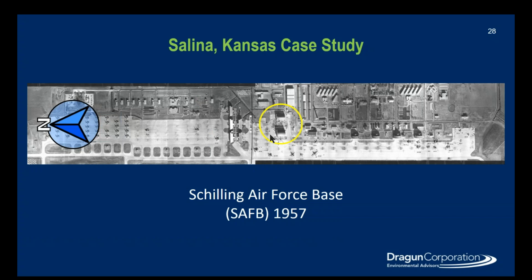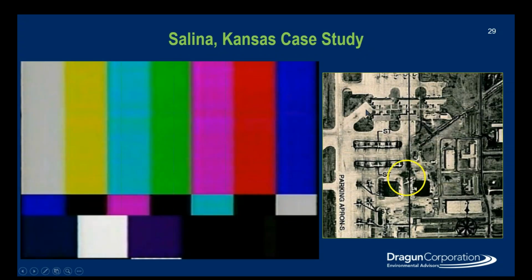And I'm going to focus on this location here. This was an area where the planes were degreased using TCE by brushes and by power washers as they ran their missions from Salina, Kansas, over Europe and back. So I'm going to focus on, again, this same circle. We call this the wash pad, and this is one of the places where they washed the planes. And what you're going to see is,